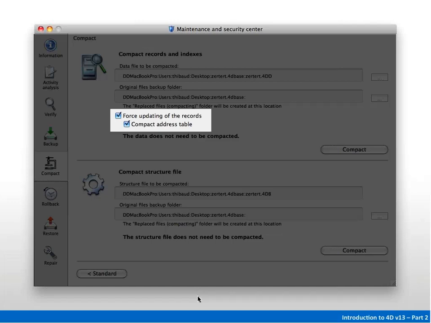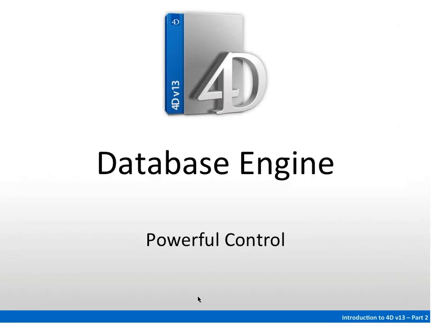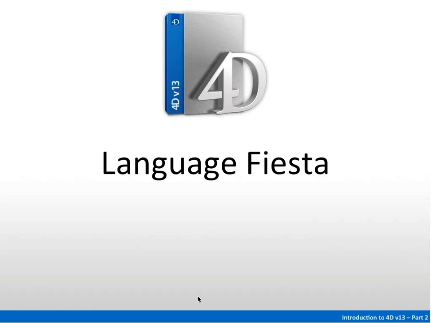So that's it for database engine features. Hopefully it gives you an idea that we're just trying to continue to give you powerful features that give you more control over the data in your database. We have one more section left for today, and that's the Language Fiesta. So without further ado,